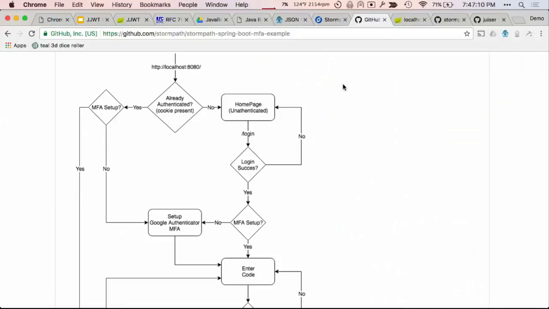And then when those patents expired, lots of people jumped on the bandwagon and made it a lot more accessible to people like you and me to do MFA. So now you have things like Google Authenticator, where on your smartphone, that's now the thing you have. So in addition to what you know, your password, you have the second factor, which is the thing that you have.